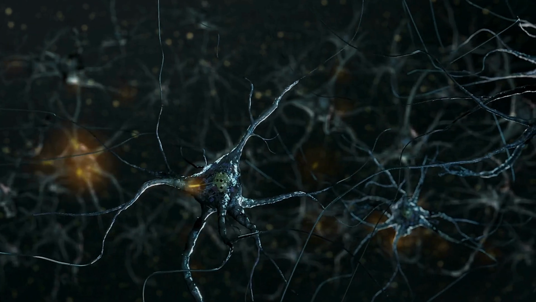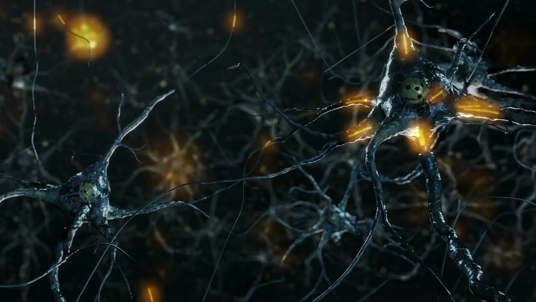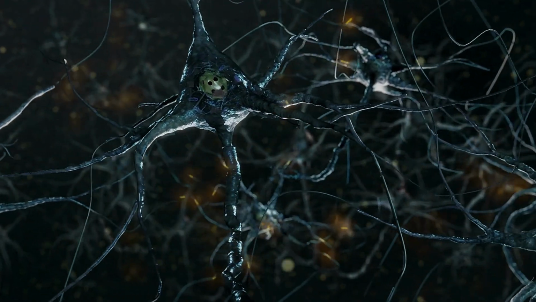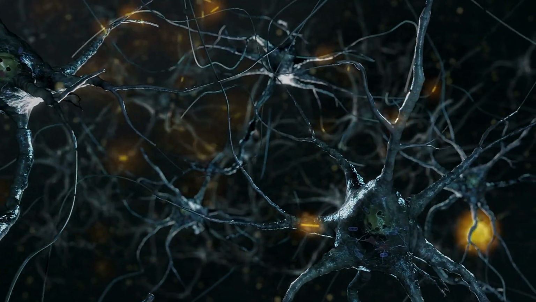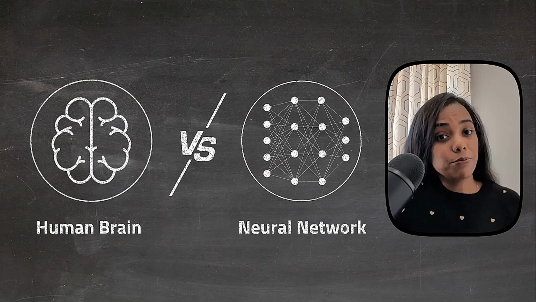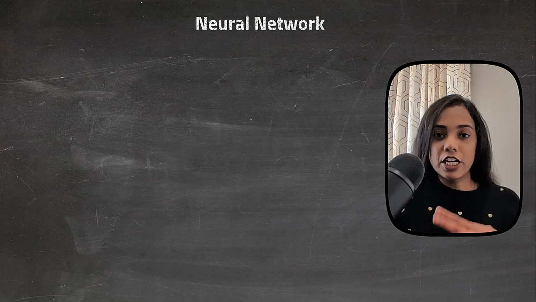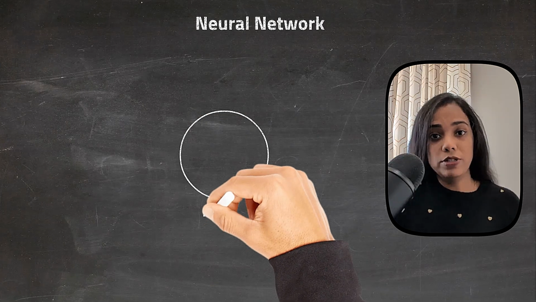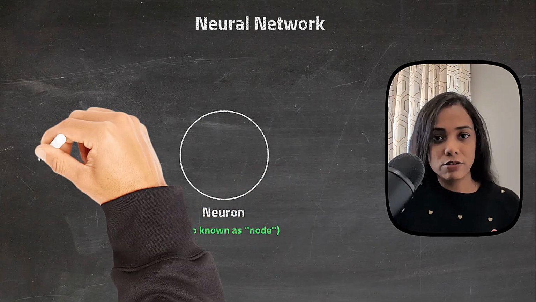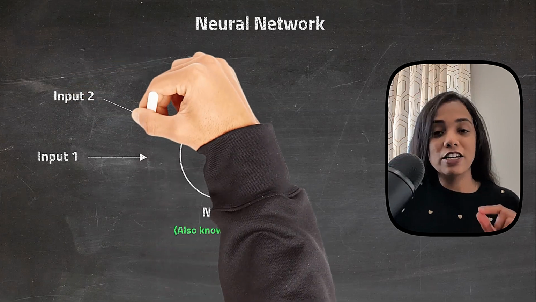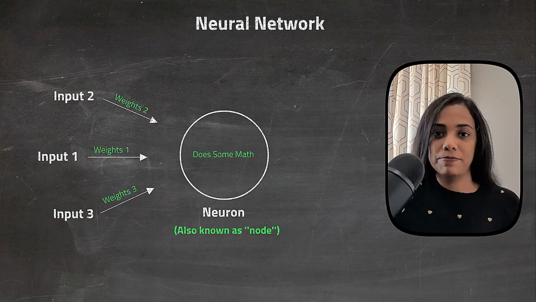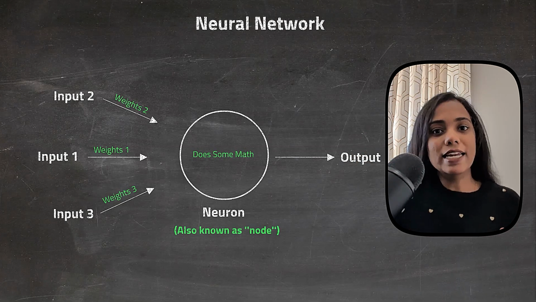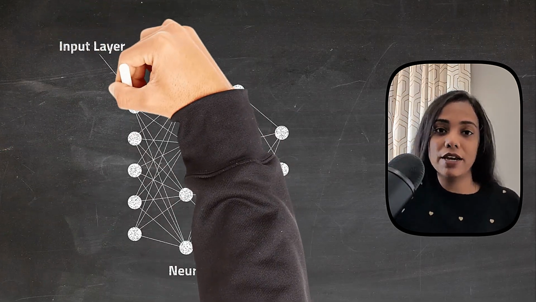When a neuron in a human brain receives signals from another neuron, it decides, in a very simplified sense, whether to fire the signal to its neighbors or not. In a neural network in a computer, we have something similar going on. Each artificial neuron or node takes in numbers from other nodes and applies some simple math to those numbers, and then it outputs a new number to the next set of nodes. These neurons are arranged in layers in a network to help them gradually refine this information and make a prediction.